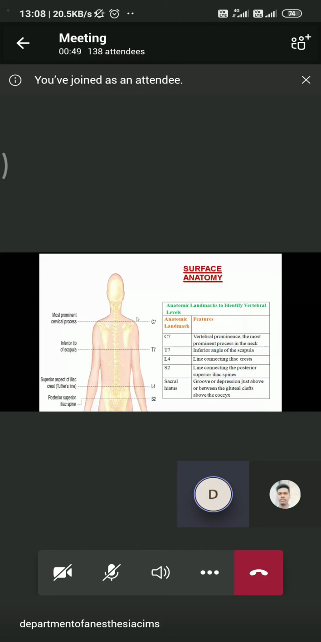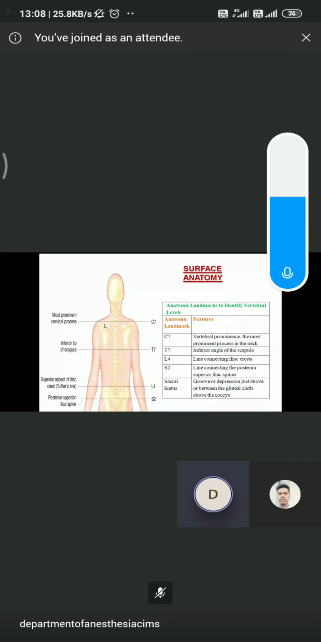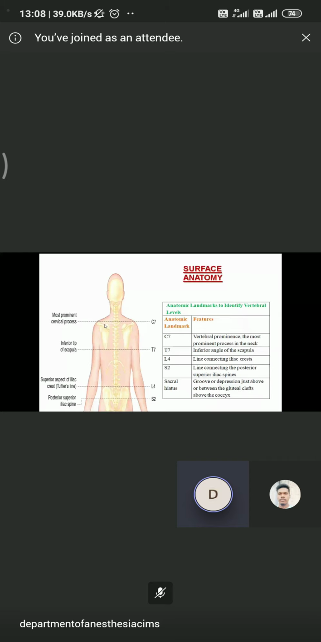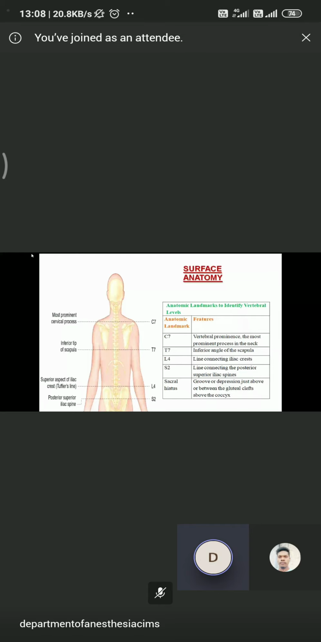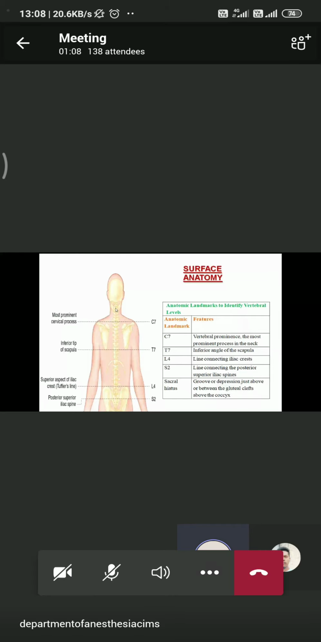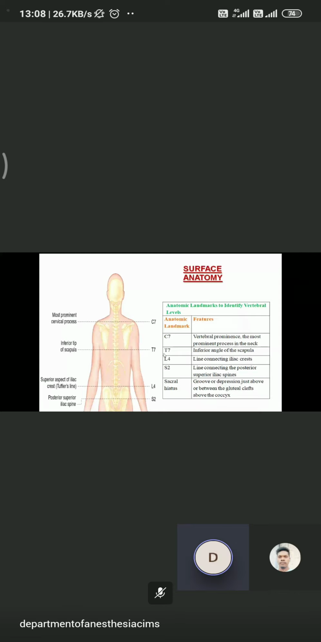The spinous process is C7. Just by palpating the cervical vertebrae, the most prominent one, you have an idea that this vertebra, the most prominent in the cervical region, is C7. The inferior border of the scapula corresponds to the T7 level. And the inner aspect,